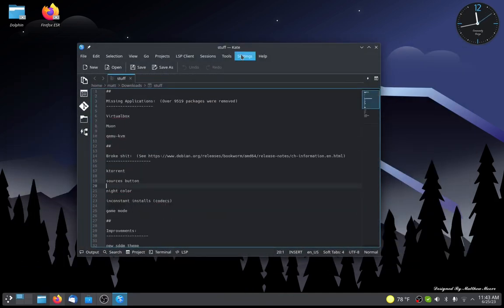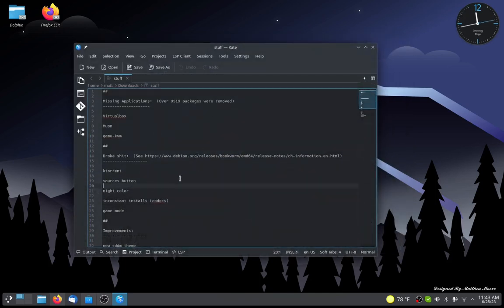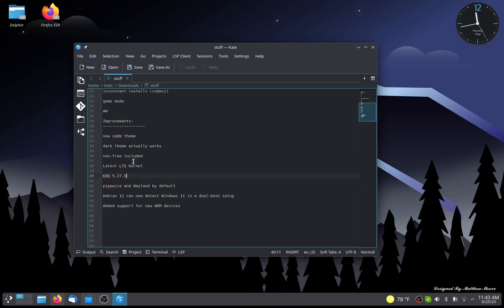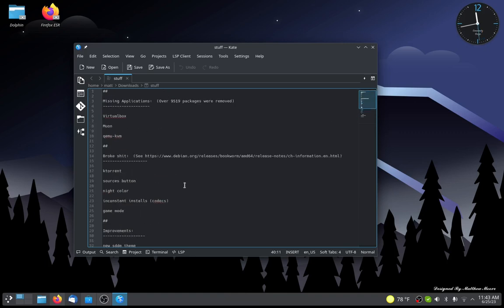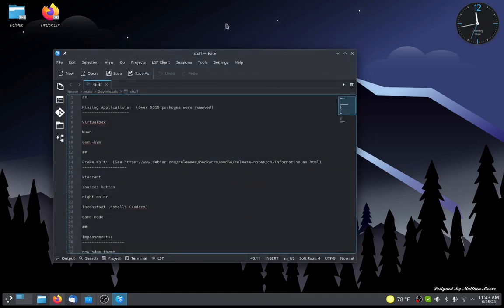Overall, Debian 12 KDE is a pretty good release. We have close to the latest version of KDE. The latest version of KDE is 5.27.6 at the time of this recording. Here we have 5.27.5. We do have the latest LTS kernel, and a few other changes that we'll get into in a little bit. But first, let's talk about the issues,